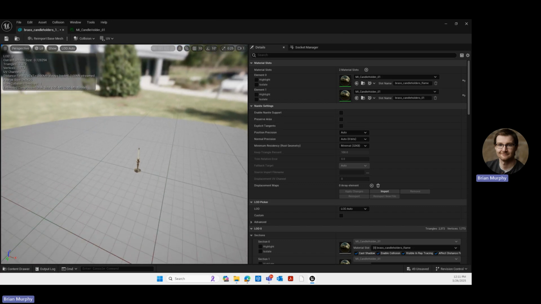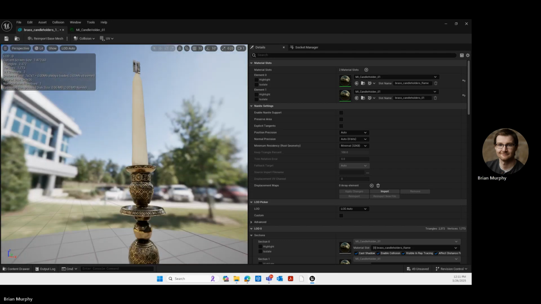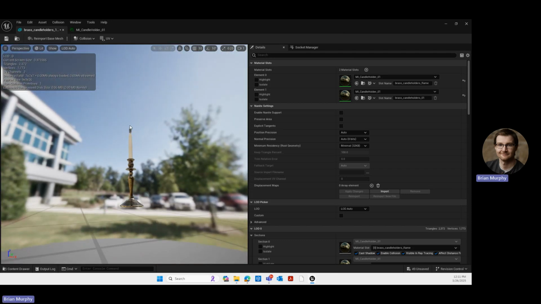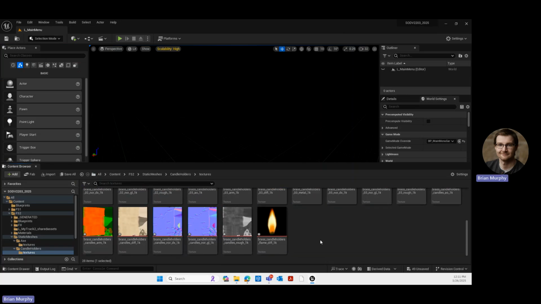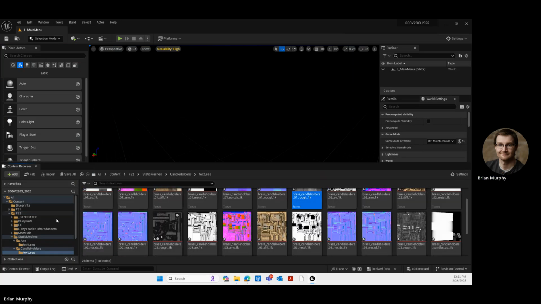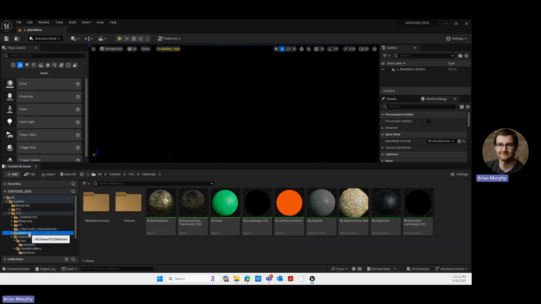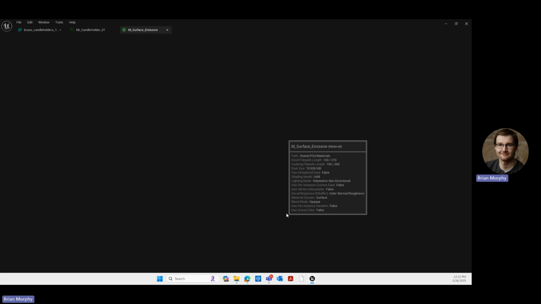The only issue here is that the flame looks like a little candle holder right now. So I'm going to fix this, right? The flame is actually kind of interesting because we have this diffuse texture here. So I can go to my emissive. The flame is kind of similar to our light bulb, right? If I go in here and open up my emissive,